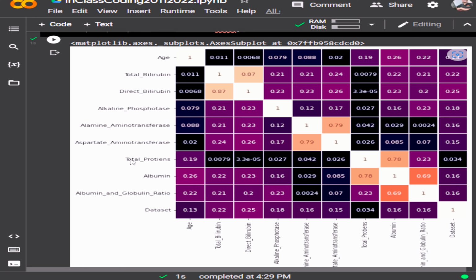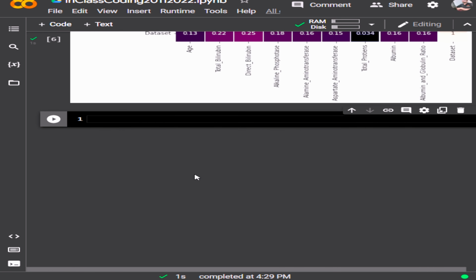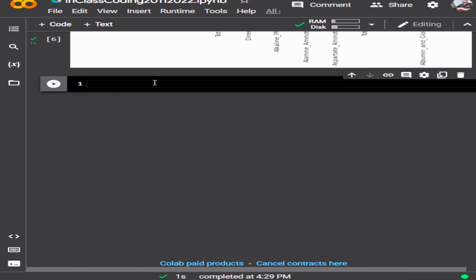So total proteins I can try to remove. So three of them I will remove. Why am I removing? Because there are other columns which are similar to these, so I can simply remove them. All right, so df2 is equal to df1 dot